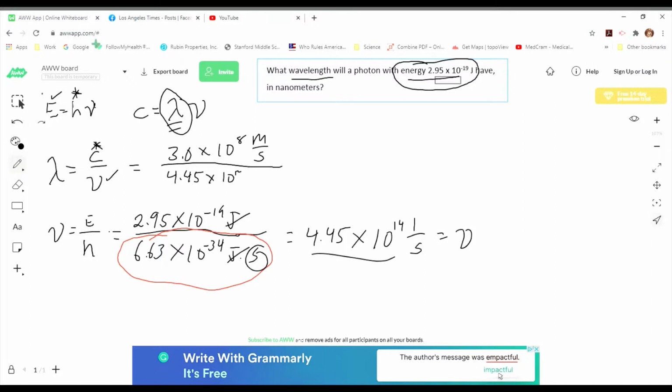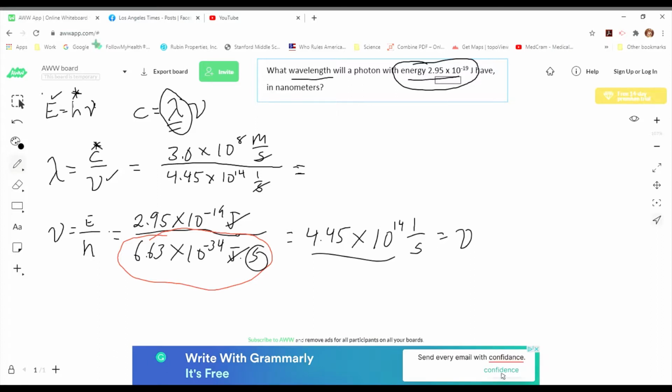Ugly, ugly, ugly. 10 to the 14th per second. Okay, so the seconds cancel here. This is going to leave our answer in meters. So I'm going to take our 3 times 10 to the 8th, divided by 4.45 times 10 to the 14th, and I'm going to get